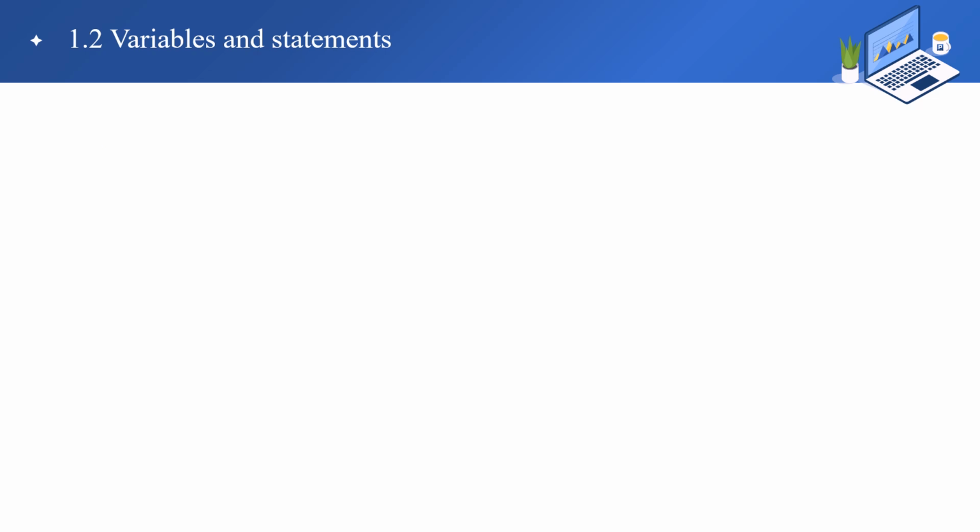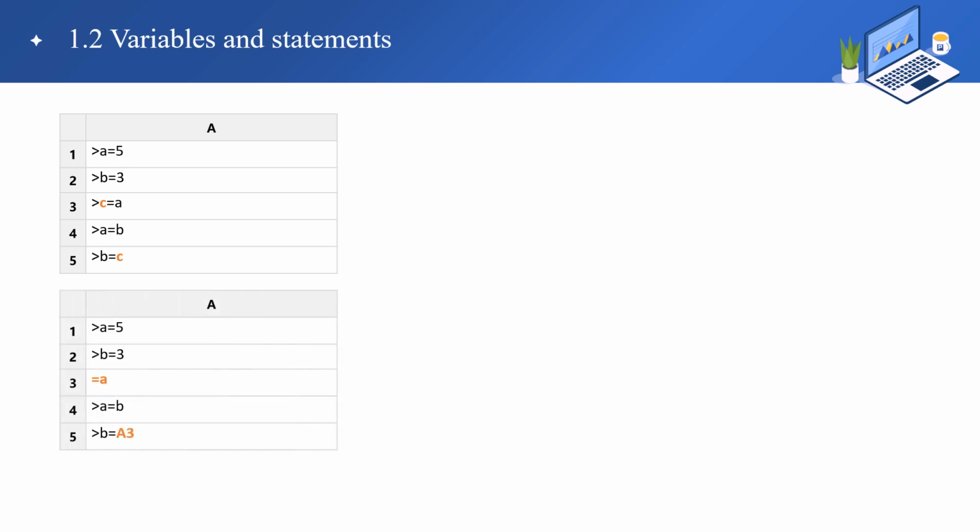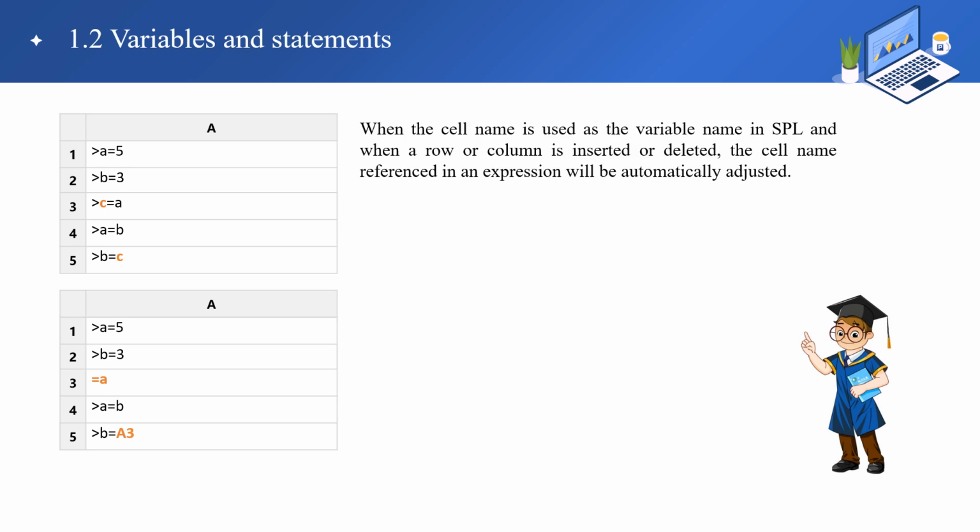There are two variables, A and B, and we need to exchange their values. The general program is like this. The newly defined variable C can be renamed after the cell name. Like in Excel, when the cell name is used as the variable name in SPL and when a row or column is inserted or deleted, the cell name referenced in an expression will be automatically adjusted to get the right